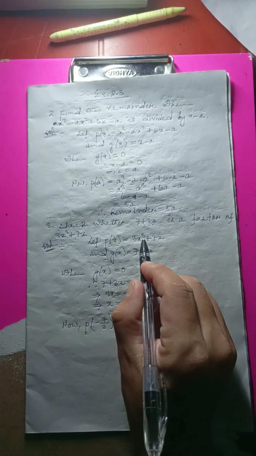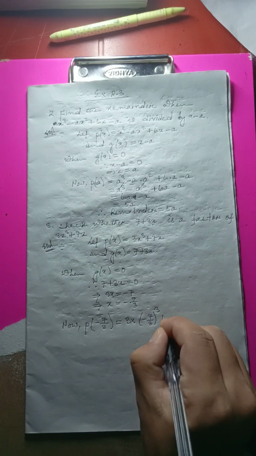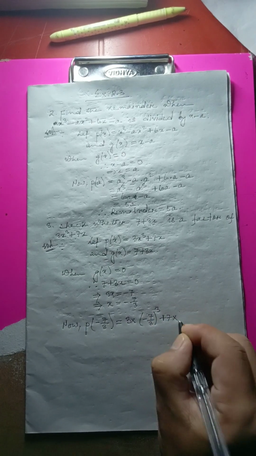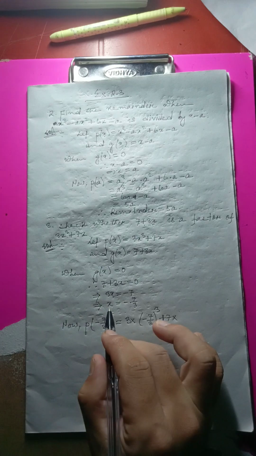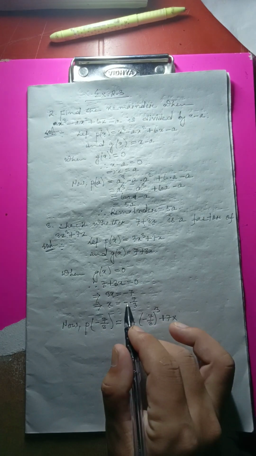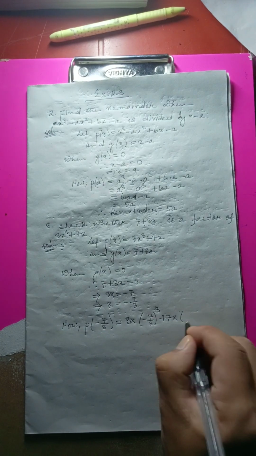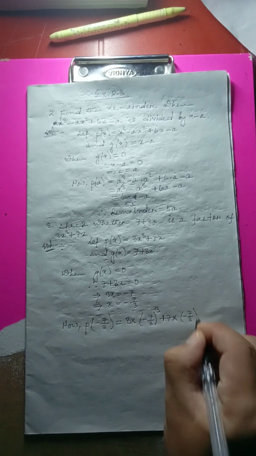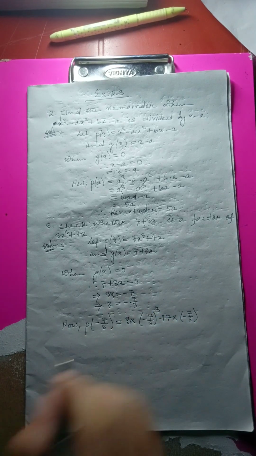And what is the part that we have? That is 3 plus 7x. What is the value of x that we have? As we can see from here, x is equal to minus 7 by 3. Just write it as it is, whatever it is here. Then